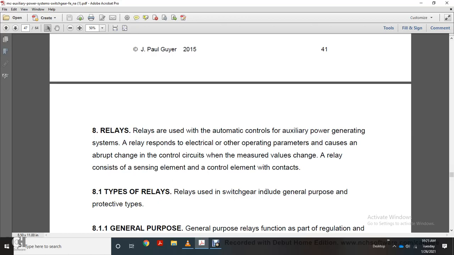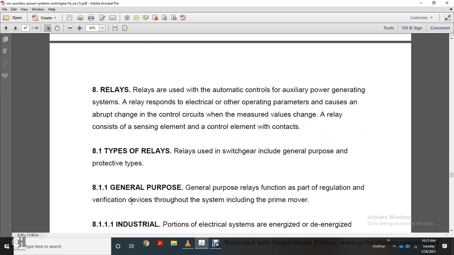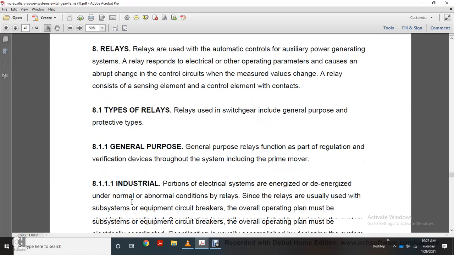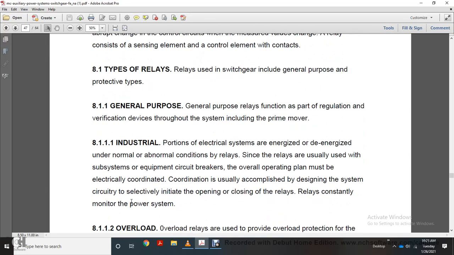Types of relays. Relays used in switchgear include general purpose and protective types. General purpose relay functions are part of the regulation verification devices throughout the system, including the prime mover. Industrial portions of the electrical system are energized and de-energized under normal and abnormal conditions by relays. Since the relays are usually used with a subsystem, equipment of the circuit breaker's overall operating plan must be electrically coordinated. Coordination is usually accomplished by designing the system circuitry with a selective